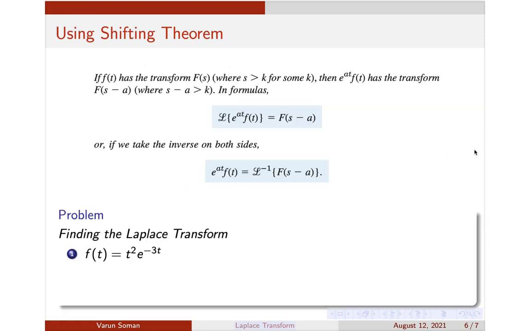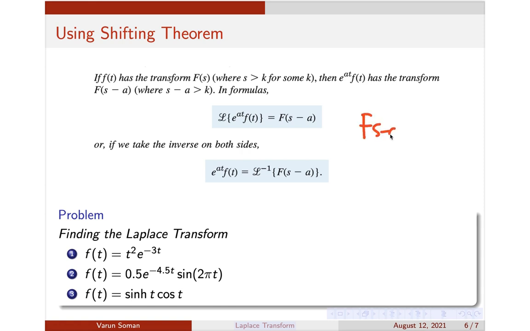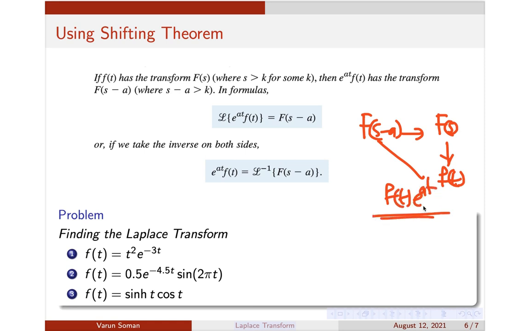Okay, for example, these types of problems, finding the transform, we have already discussed in the last session, so you can do it as homework. I will be focusing here on inverse Laplace transforms in this session. So, how do we use the shifting theorem to find the inverse Laplace transform? When you are given a function of the form F of s minus a, always try to identify the function F of s. Once you have identified F of s, try to write down f of t. If you have got f of t, the inverse transform of this will be simply f of t into e raised to at. So that's the process which you are going to use here.